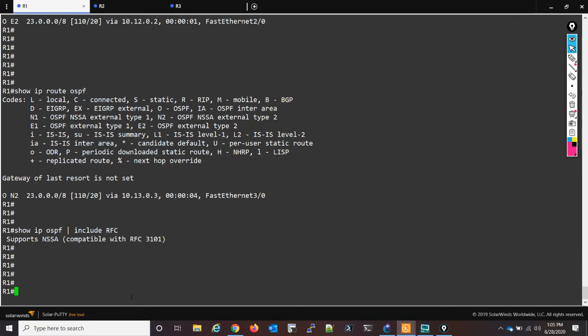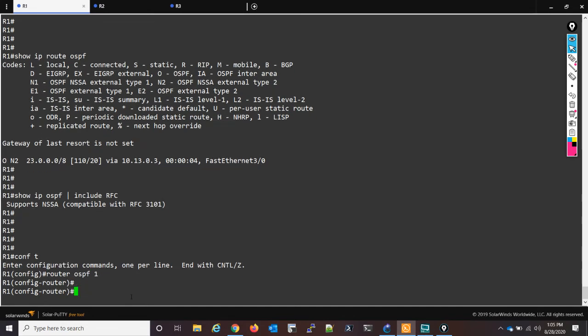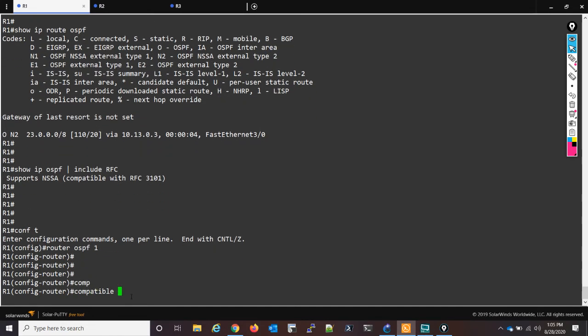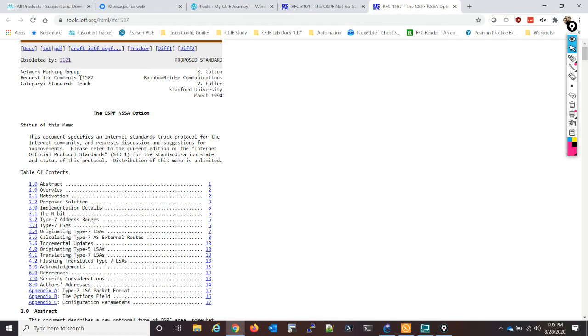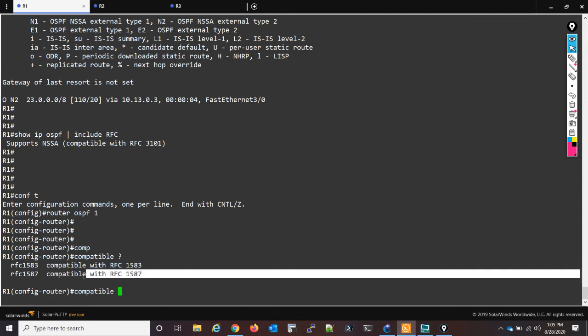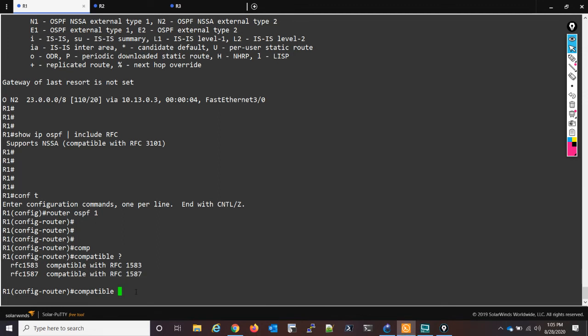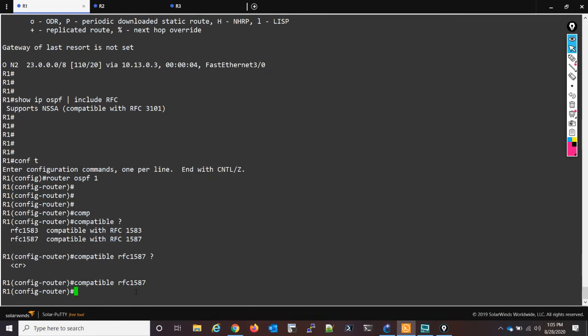So what we can actually do is go into router OSPF and do compatible, and you see here we have two RFC options. The one that's interesting to us is RFC 1587. So again, compatible with RFC 1587. So what I'll do is 1587, and there should be no more options. So now that I changed that,